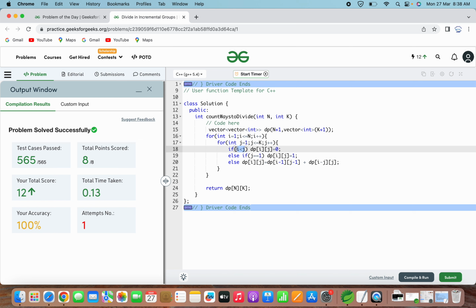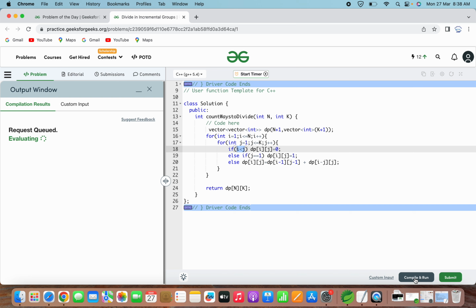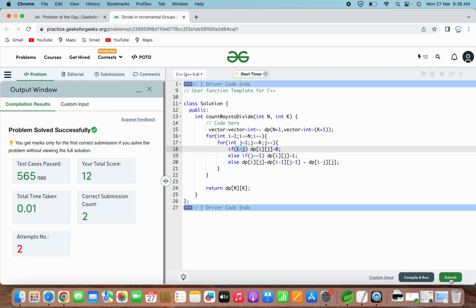Apart from that, all the scenarios are the same. The first condition is the same when i is less than j, the second condition is the same, j is equal to 1, and else the condition when j value is greater than 1. So the same code without the comments. So this is the C++ solution. Let's try compiling this solution. So here you can see even this is correct. Let's submit the C++ solution. So here you can see even this solution is perfectly correct, and this problem has been solved successfully even using a different language.